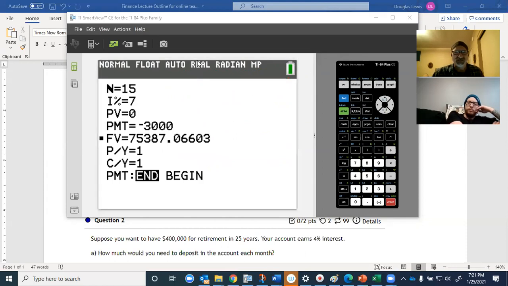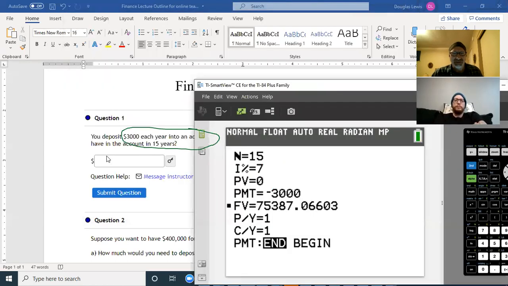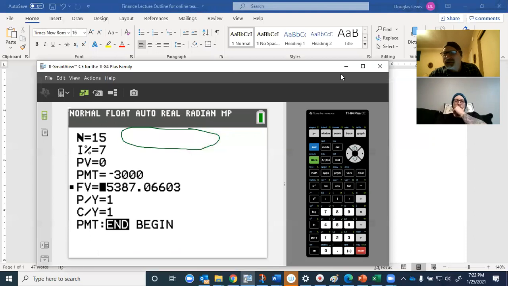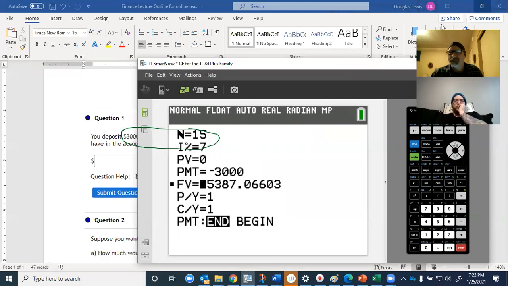So this is our answer then. That's what we're going to use, 75,387.07. So that would be the answer here, 75,387.07. Now, the questions we should be asking, just with a natural curiosity, would be,